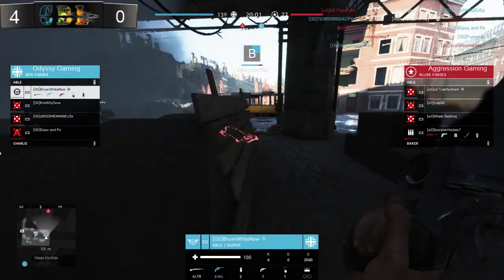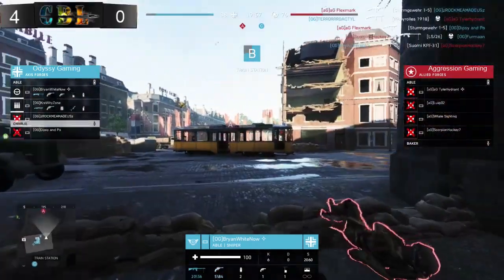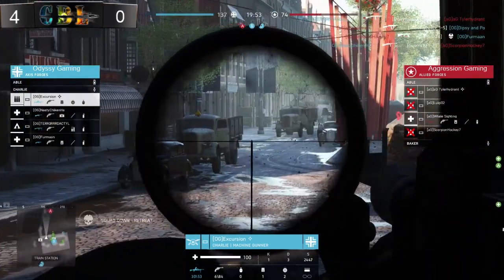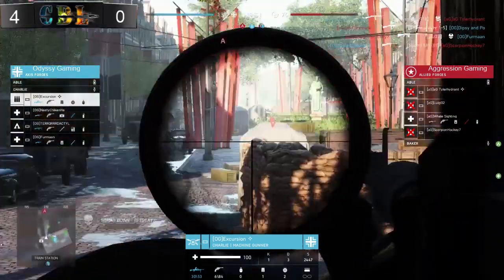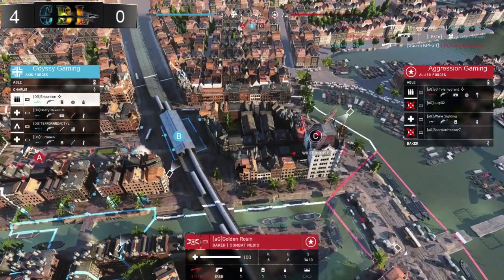OG now making the way onto the flag. Should be able to get that burn pretty easy peasy. We do see Excursions now going to be setting up as well with that bipod. And I'm really curious to see. Yeah, okay, so they're going to go ahead, spawn back. So Aggression Gaming,